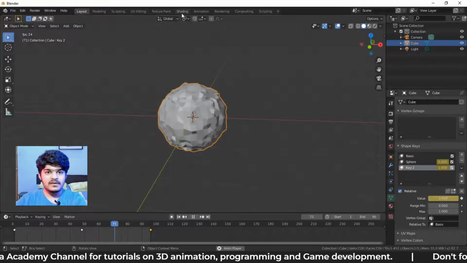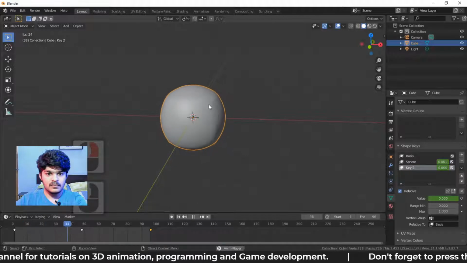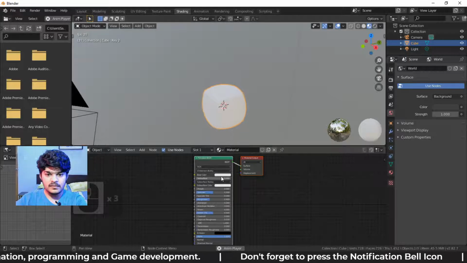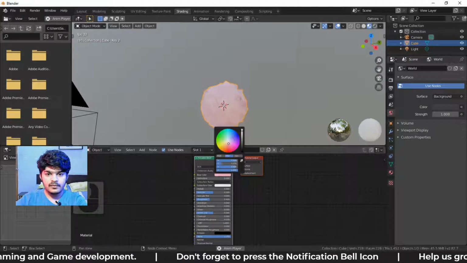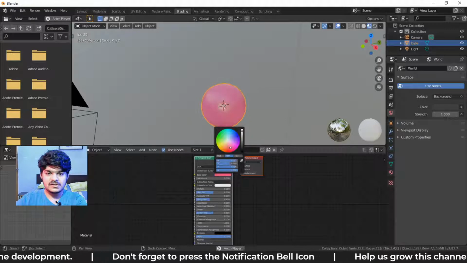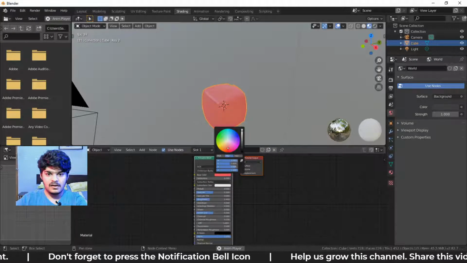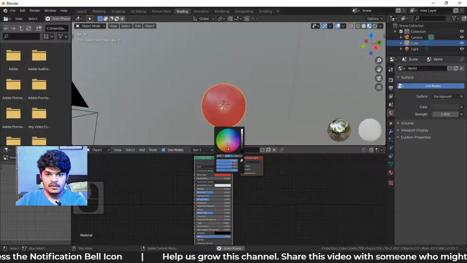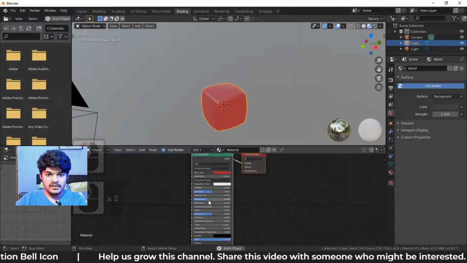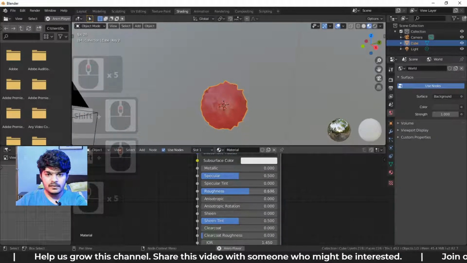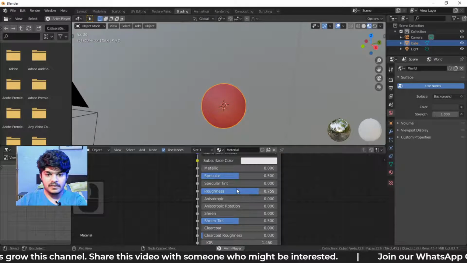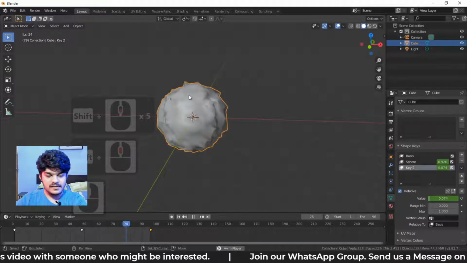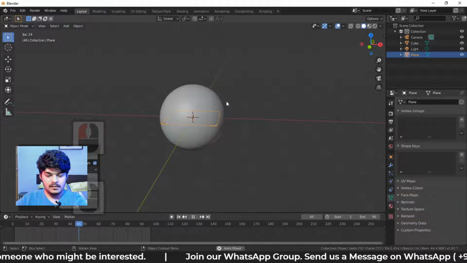So let's give it some smooth shading because it's going to look good. Let's give it some color, and what we're going to do is again go for some reddish color, maybe some dark red color, because that just might look good. And we're just going to increase the roughness. I like rough parts. And I think that is it. This is it. And let's add a plane, scale it up,